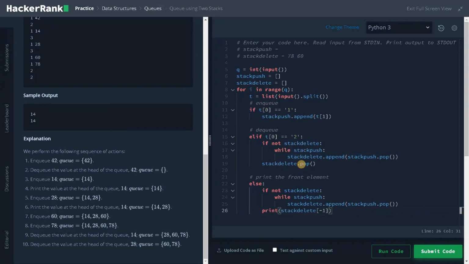Finally, we will delete the last element from the stack. Remember, the stack delete last element is the front element of the queue. And in the else part, that is query type 3 to print the front element, we are using the same logic again. If stack delete is empty, we will just pop the element from stack push and push it to stack delete. Finally, we will just print the last element in stack delete.